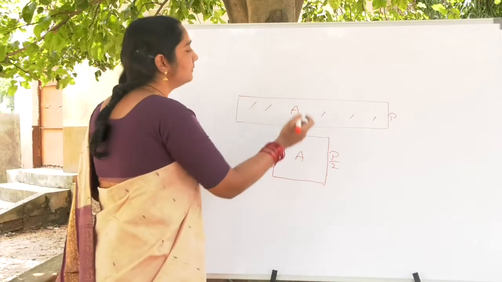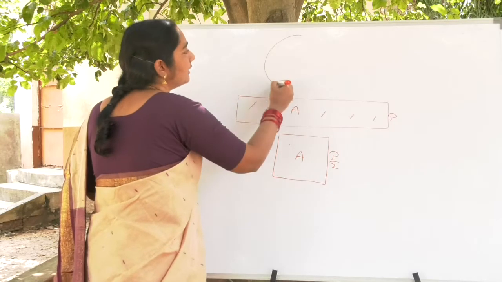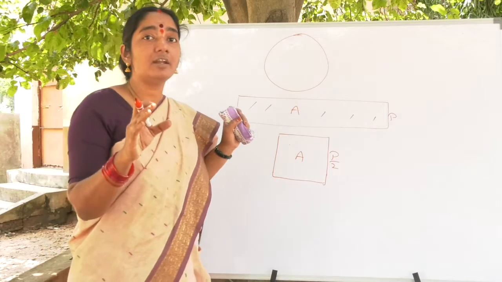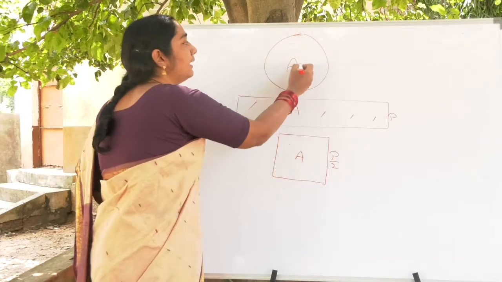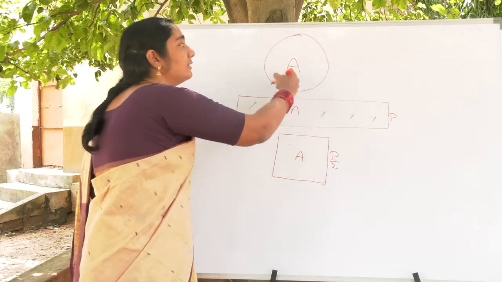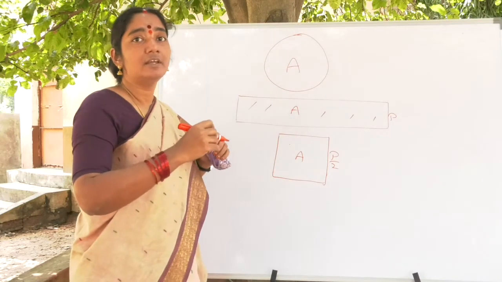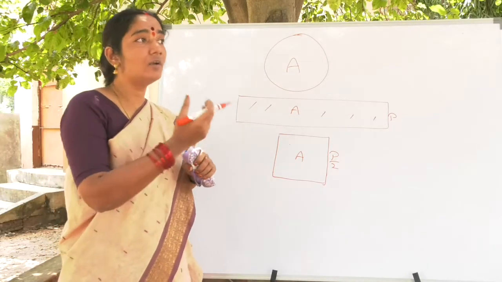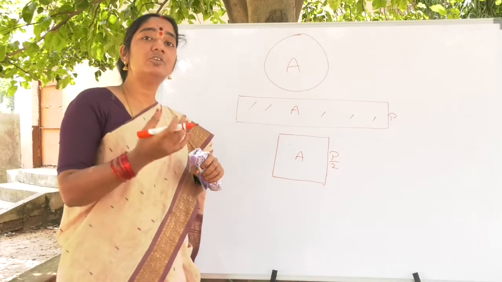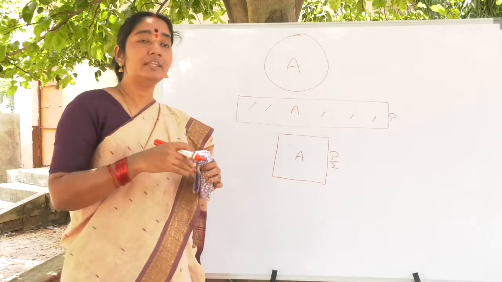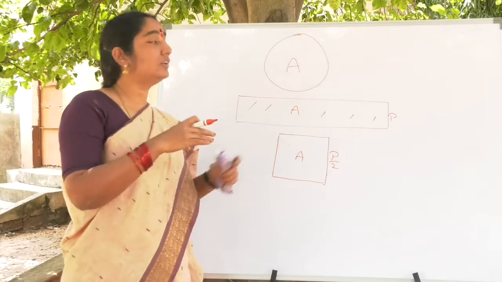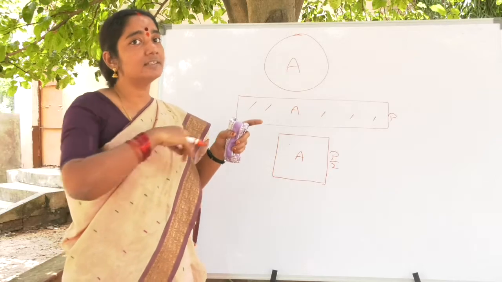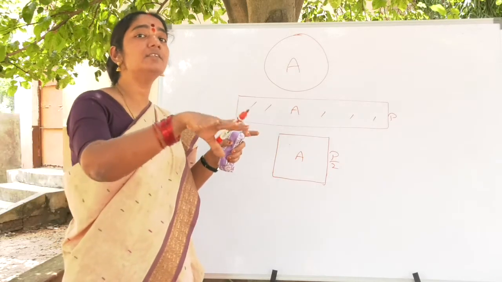Instead of taking this, still you could take a circle. For example, you take a circle. The circle is the only shape where we have the maximum area with the least circumference. The circumference is very less, but the area covered within is maximum. That is the reason why in the olden days our ancestors used to dig the wells in the circular shape. They used to construct the houses in the circular shape. So a lot of priority was given to circular shapes, because the circumference or perimeter is less, but the area covered is more.